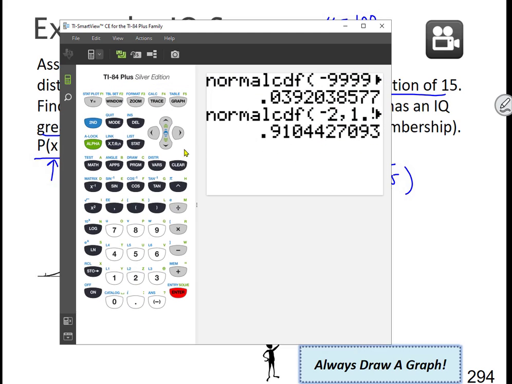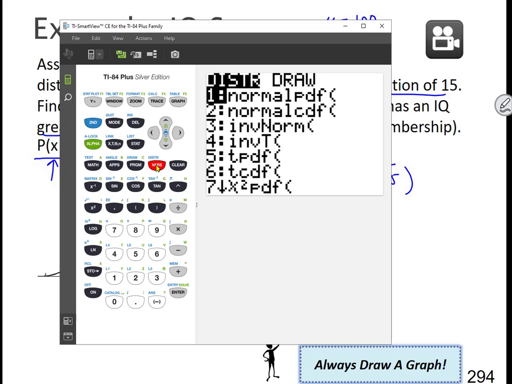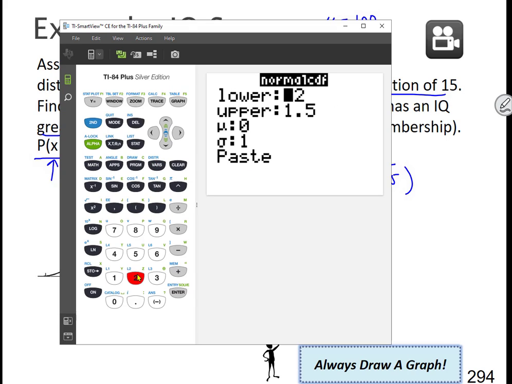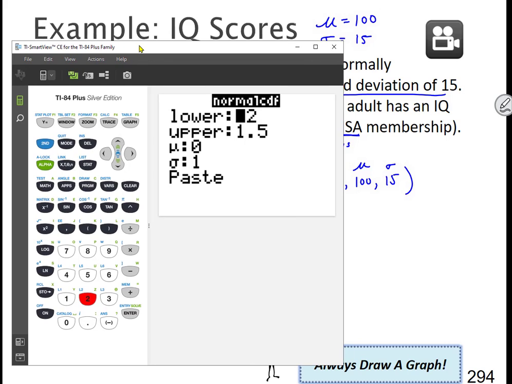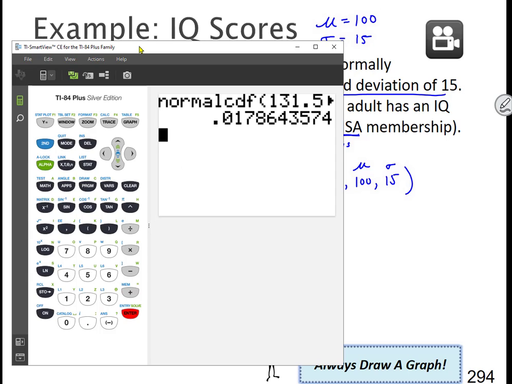New OS, we have the prompts, so second vars, number 2, but we still have to type them in that order. So we had 131.5, enter, 9999, enter. Notice we actually have to type in the 100 for the mu this time and the 15 for the sigma. Paste it and enter, and we end up with